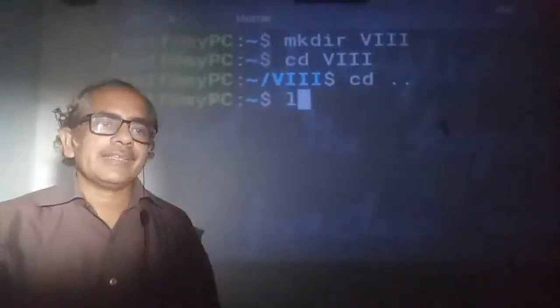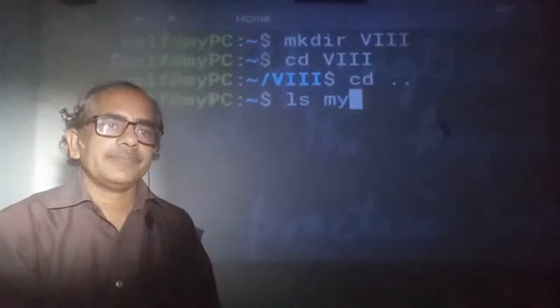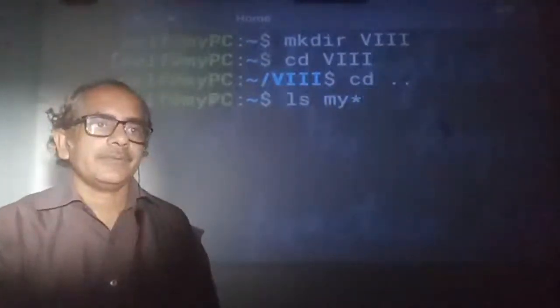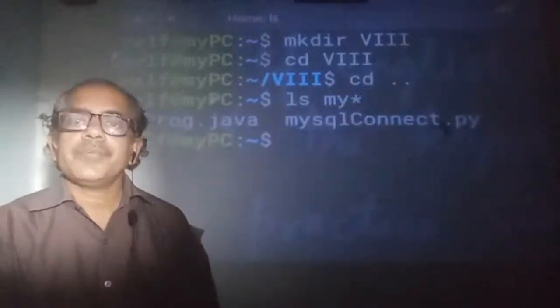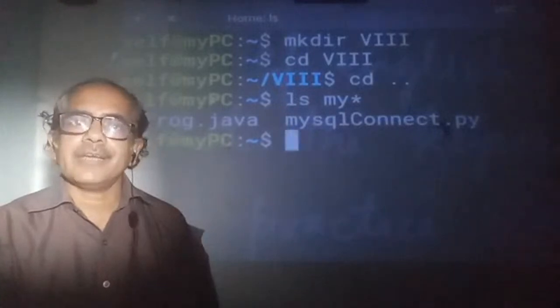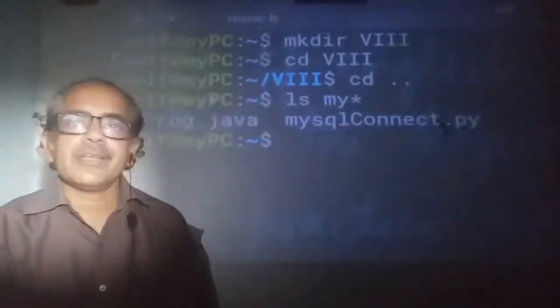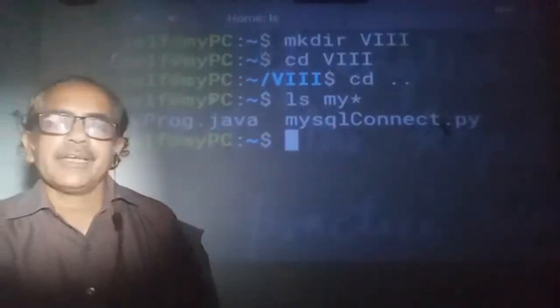Like ls is the command that shows my files, ls my*, then you see myprog.java is coming, है ना।